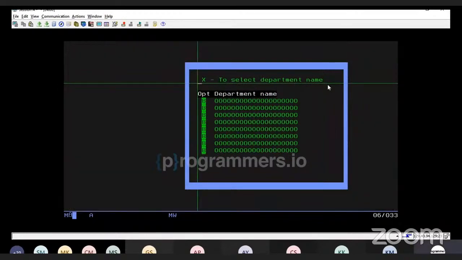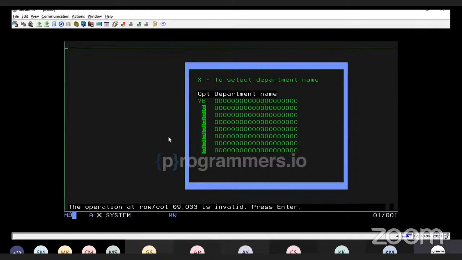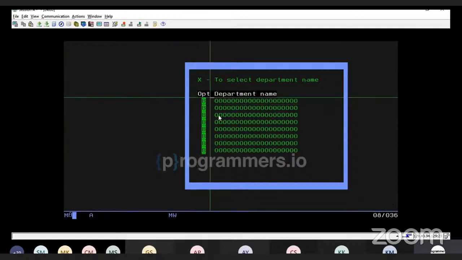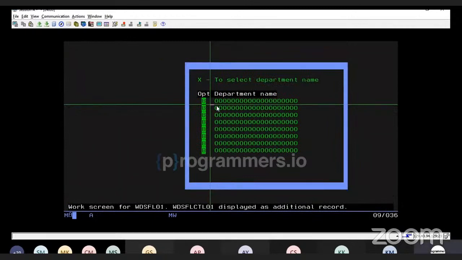Okay, it is similar to the subfile. We can move from right to left. The constant value option, and this is the department name. This is also constant, and this will be declared as the one. You can see in this record format